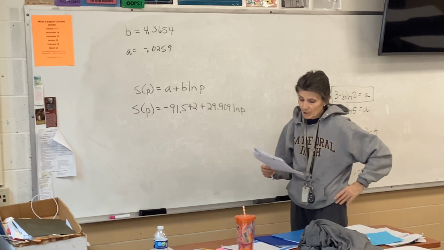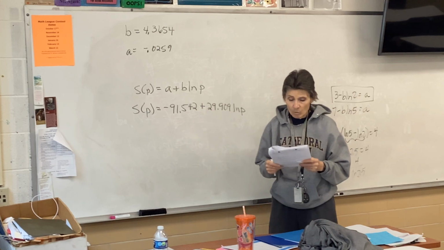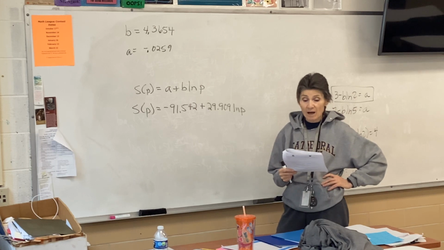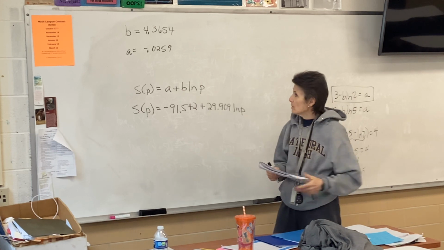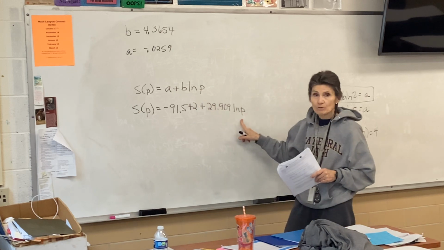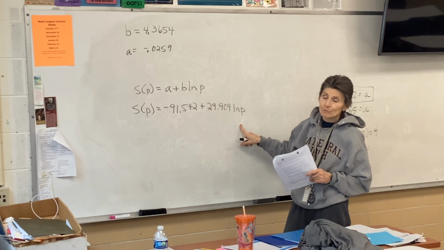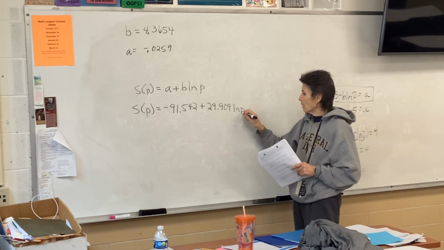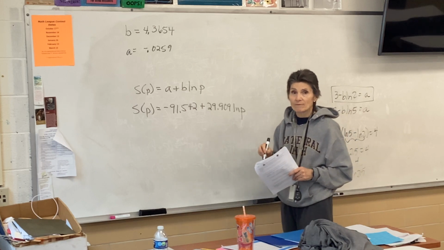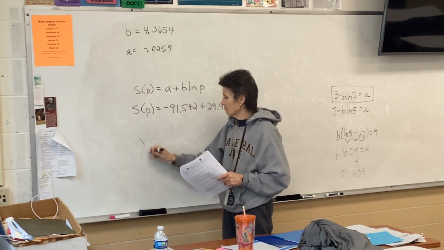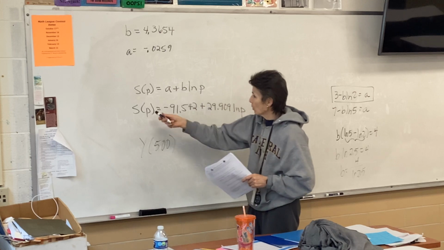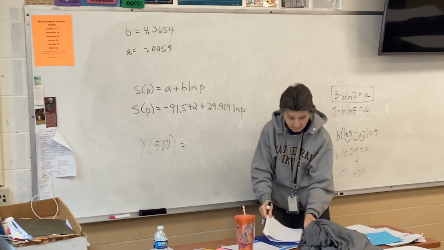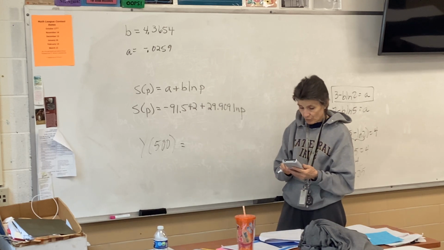All right, part B. Using the model found in part A, what is the predicted salary in thousands of dollars for a pastor whose church size is 500 people? So in other words, we want P to be 500. Now, I don't want you to type this in and put 500 here. That would work, but you're going to have unnecessary round off. So use your Y. You have stored this equation as Y. So Y of 500, and you should get